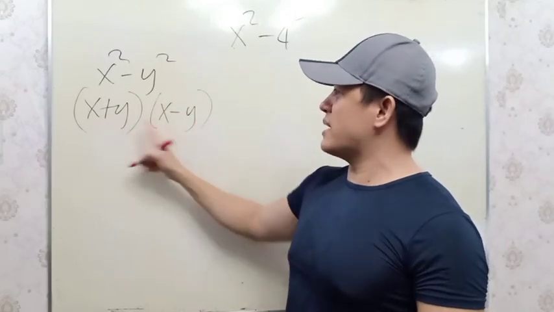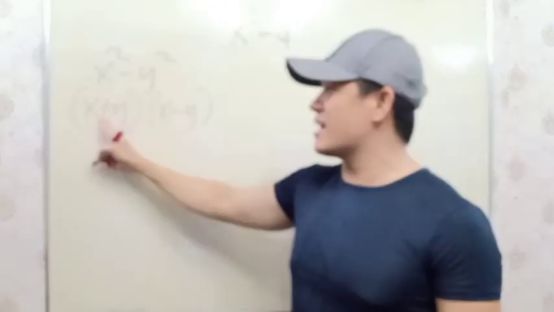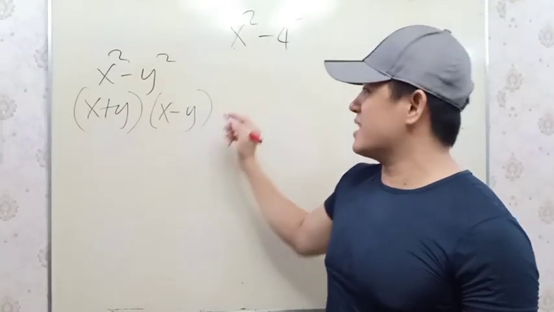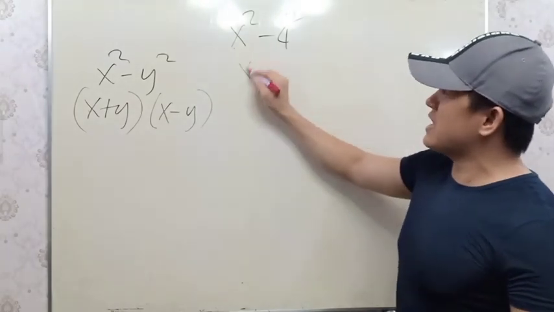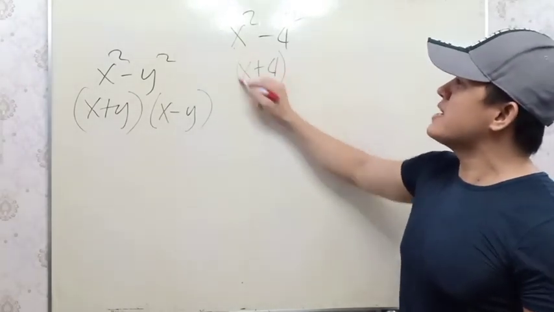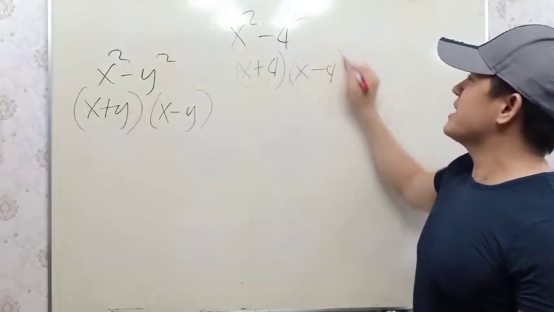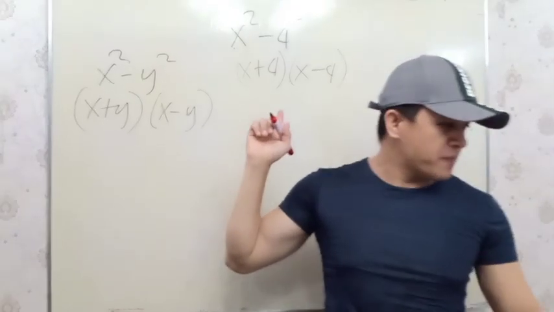X, y, x, y, but the signs are positive and negative. Okay, that's it. So in this case, we can just say that the factors are x plus 4 and x minus 4. Okay, so that's the factor of this one. Next one,